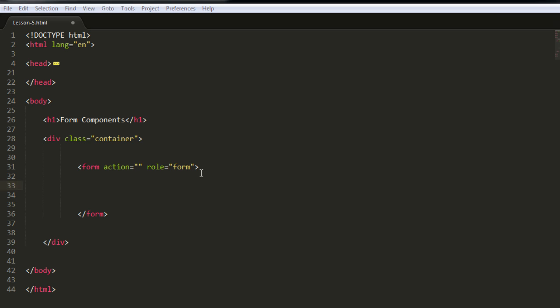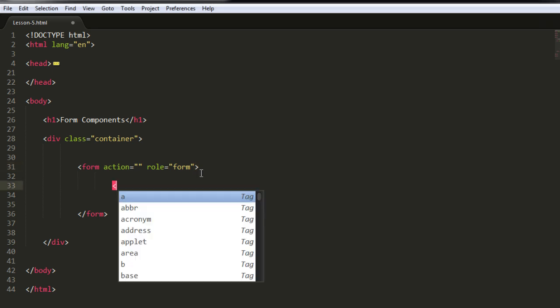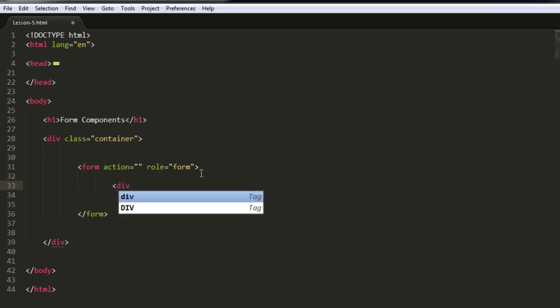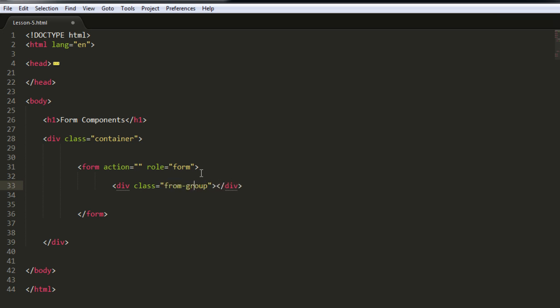Next, every form element with its label must be included in a div with the class of form group, and this will ensure proper spacing between these elements. So I'm going to have a div with the class form group, and inside it,